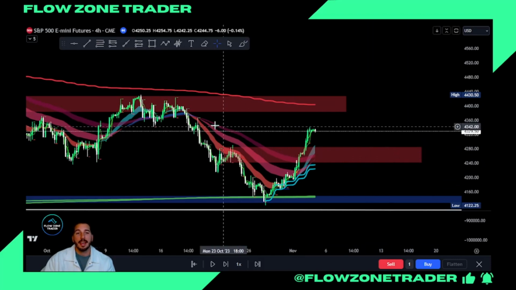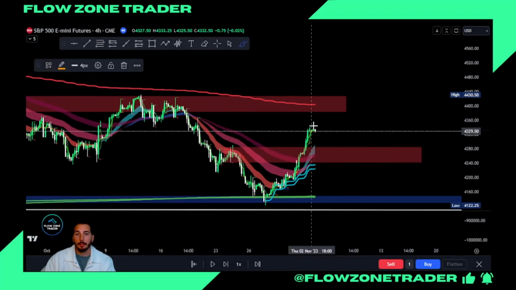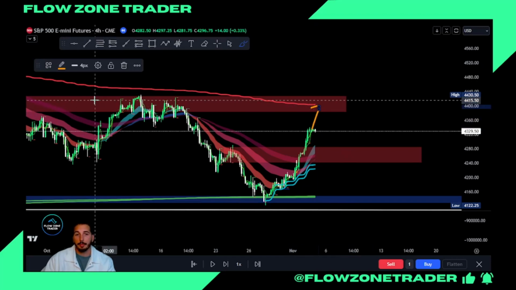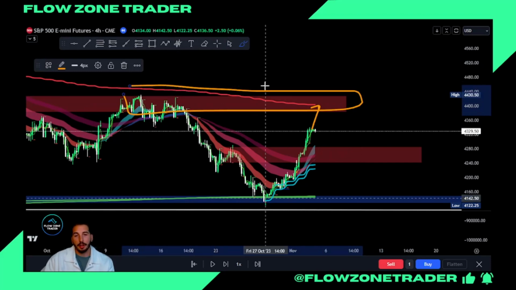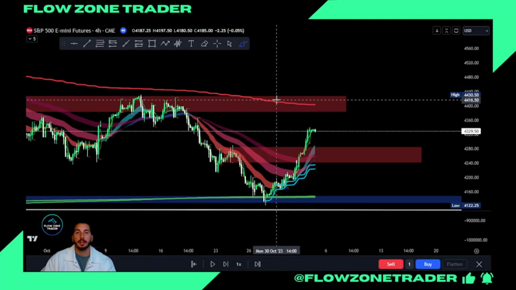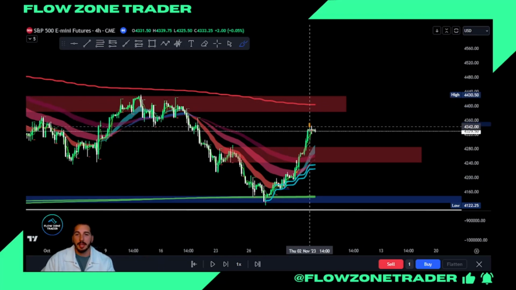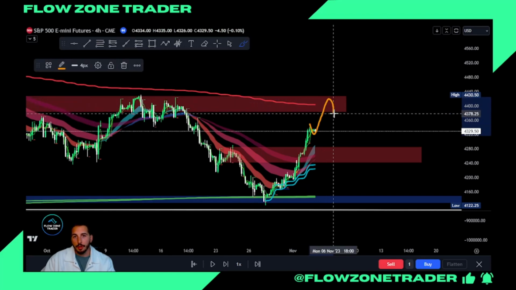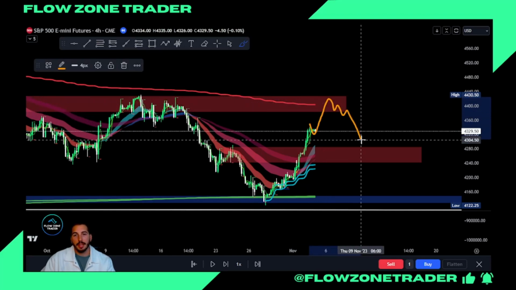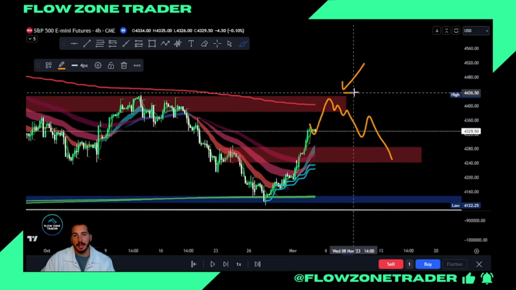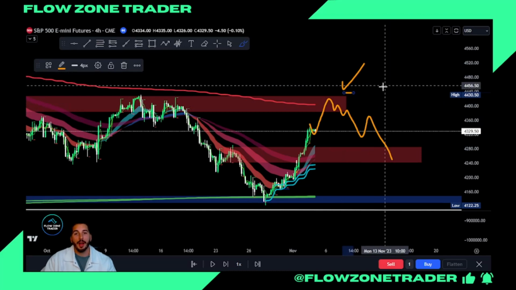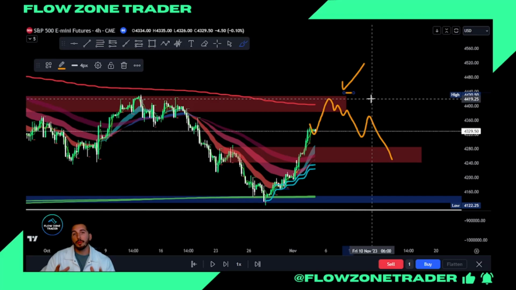You have to wait. Even if it reaches target, okay, even when the market comes up here, if this is target for a potential double top in this supply, you do not just get short. That's not how it works. You have to wait for the lower time frame to agree with the higher time frame. So what does that mean? It means that when we do this move, you're looking for a move like this before getting short, okay? Because the market moves in waves, and when we get this move on a 15-minute, and then on a 1 hour, and then a 4 hour, and then a daily, then you have all the different time frames aligning, which means all the traders who trade on different time frames are looking for the same thing.